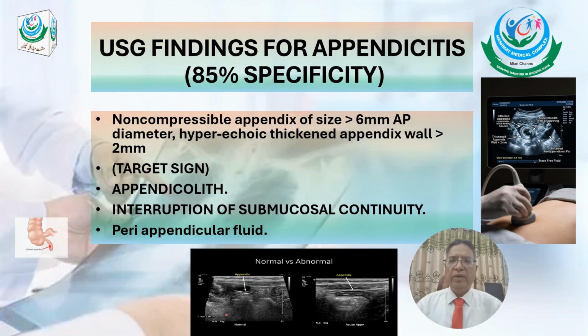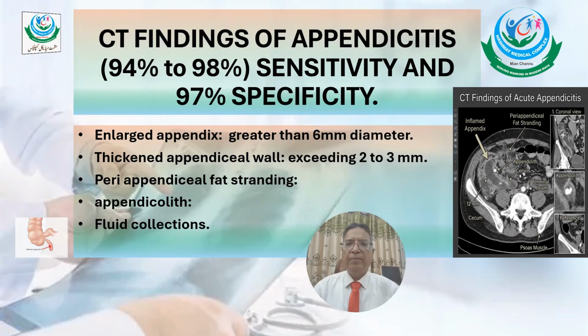Ultrasound findings of acute appendicitis with 85% specificity include a non-compressible appendix of size more than 6 mm in anterior-posterior diameter, hyperechoic thickened appendix wall more than 2 mm, target sign, appendicolith, interruption of the submucosal continuity, and periappendicular fluid,